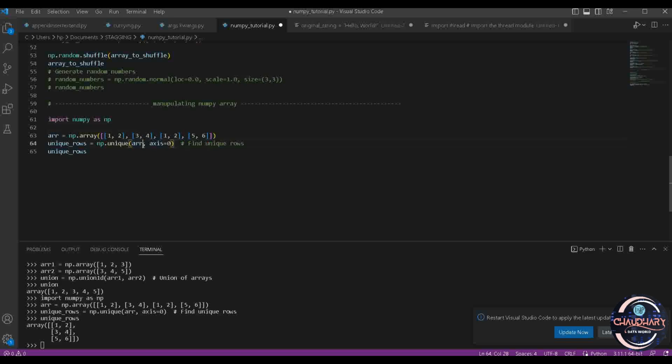We just need to provide the parameter axis equals 0, and the method is dot unique, which expects two parameters. The first is the array and the other one is the axis. Axis is of course going to be 0 because we need to find rows. For columns, the axis becomes 1. For rows, the axis will be 0. After that we have